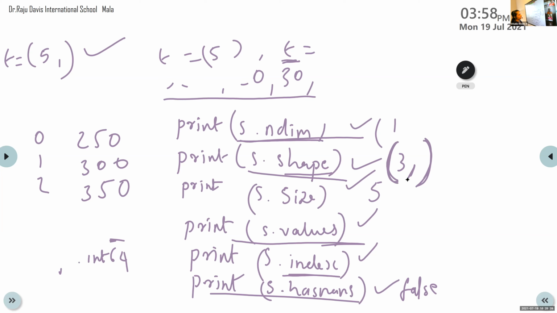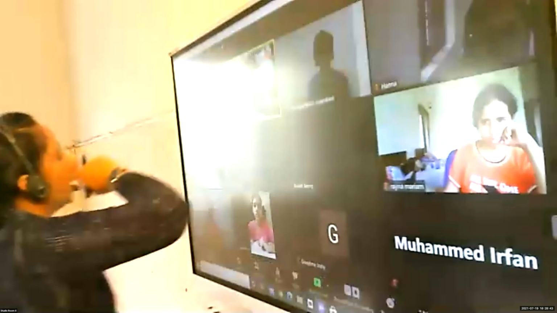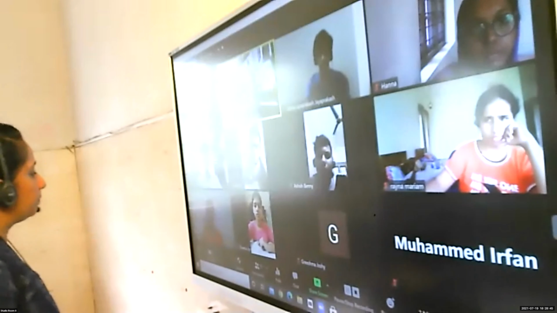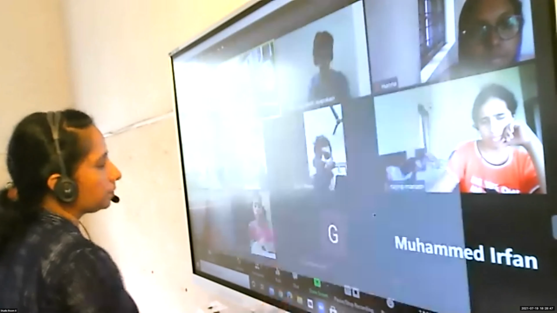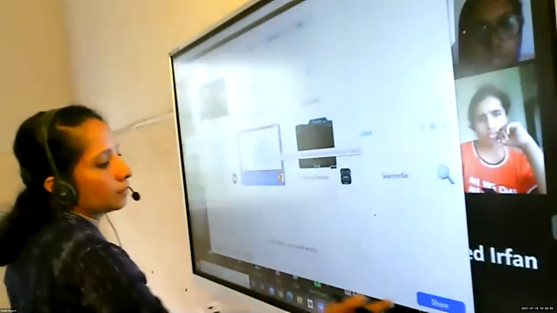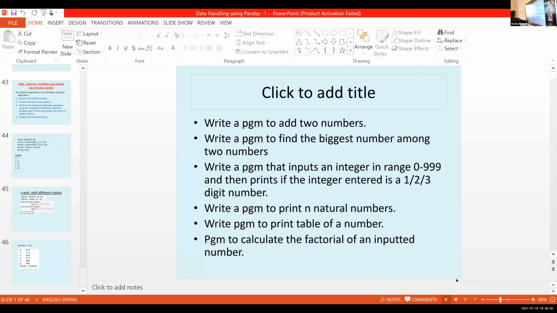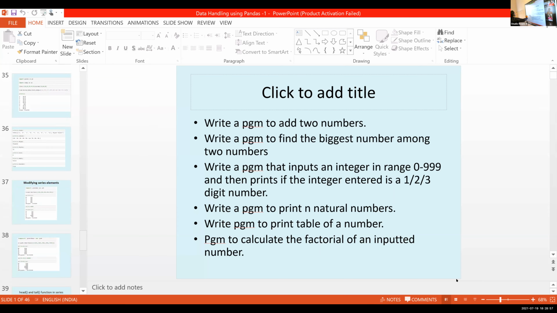So these are the attributes mainly used in series creation. Next, how we can access the series elements.